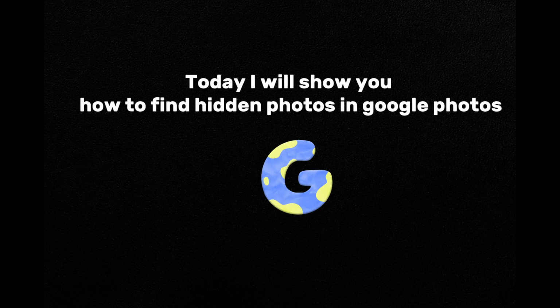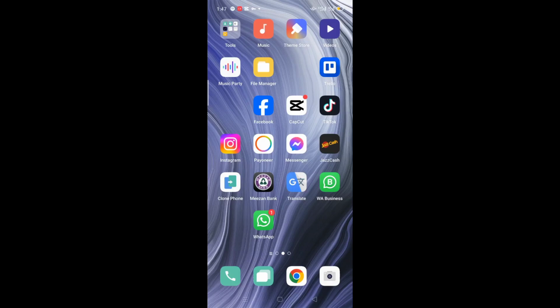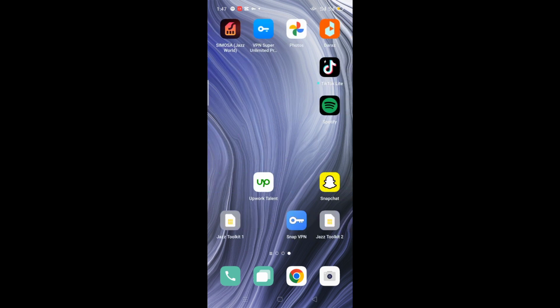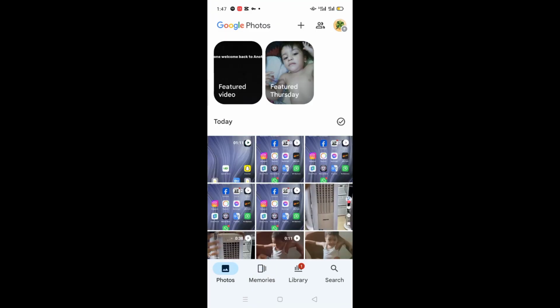Today I will show you how to find hidden photos in Google Photos. So you just have to open Google Photos on the Android device. When you open it, you simply go to the Library option,